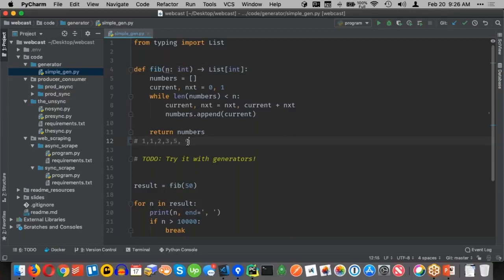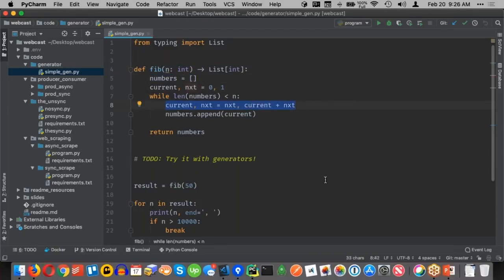So the Fibonacci numbers, if you're not familiar, are the numbers where we add two numbers to get the next, and then you take the next two numbers and you add them and you get the next, right? And so on. So we want to generate that sequence. And as you can imagine, adding two numbers to get the next sounds like an infinite series. So this one is going to go through and say, I'm going to create a list. I'm going to compute the next ones.